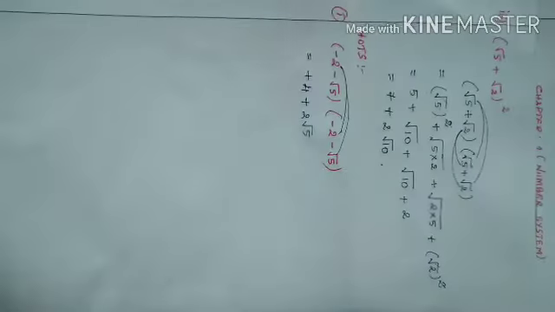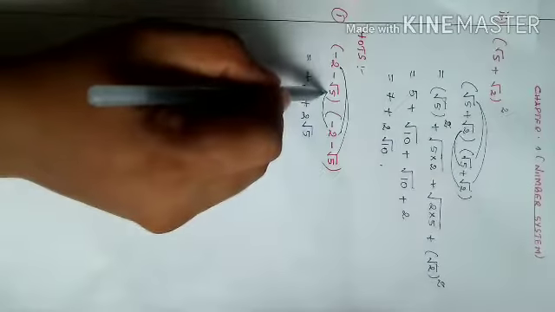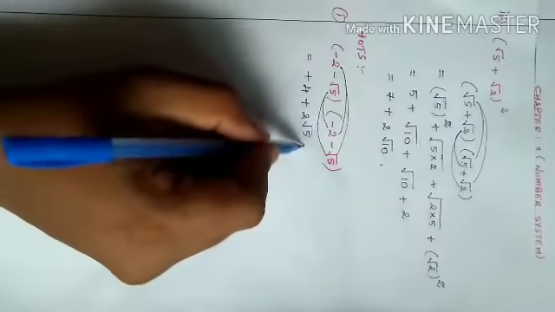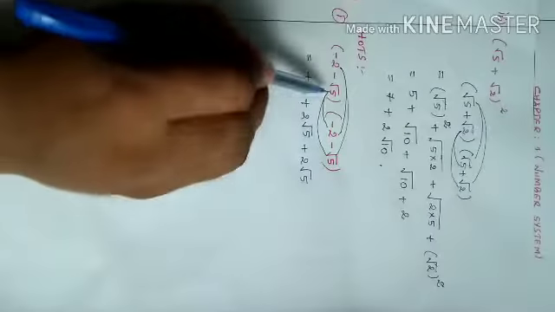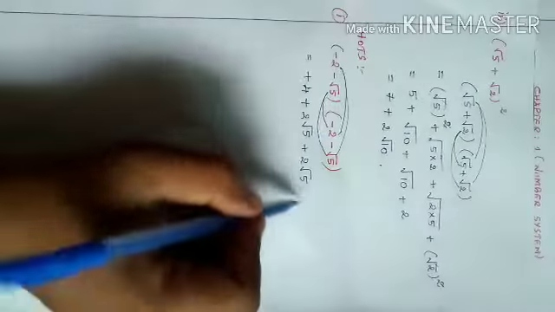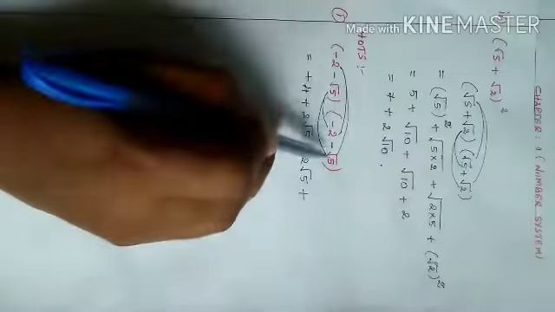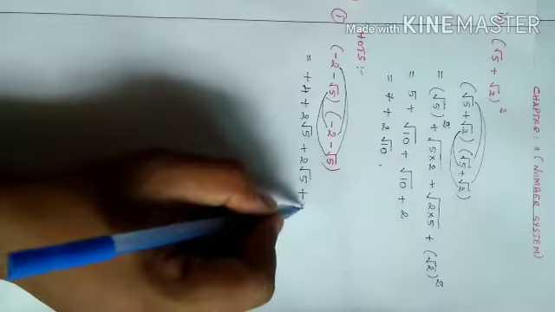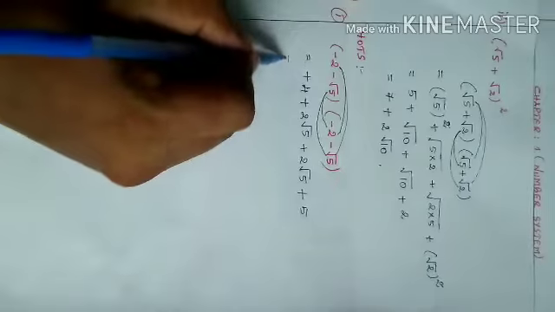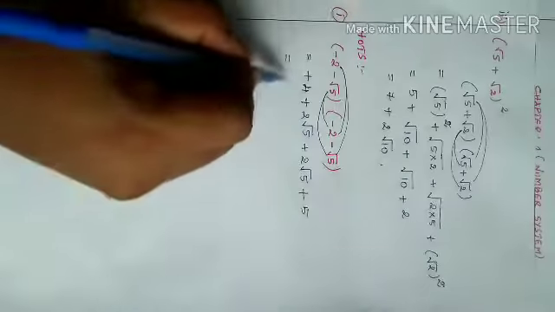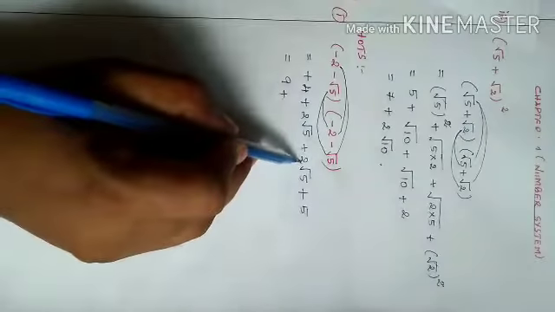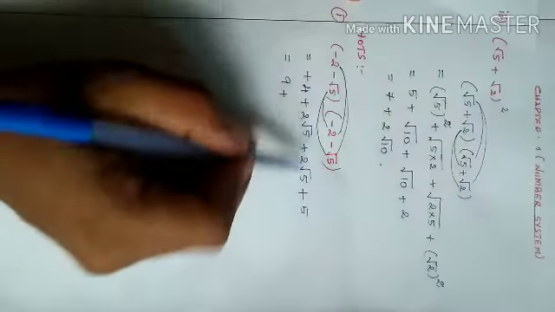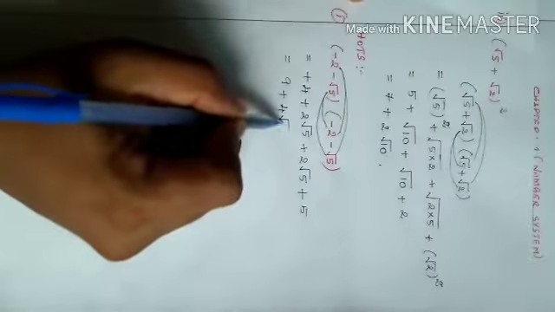Next, second term to first term, then second term to second term. Minus into minus, plus, so 2 root 5. Minus into minus, plus root 5 into root 5. What is root 5 root 5? Root 5 2 times, so we'll get 5. So 4 and 5 are whole numbers, so 4 plus 5, and plus 2 root 5 and 2 root 5, both are the same irrational number, root 5, so 4 times root 5.